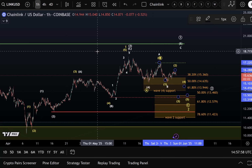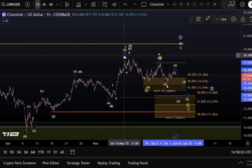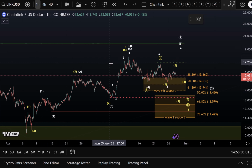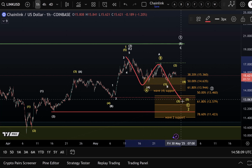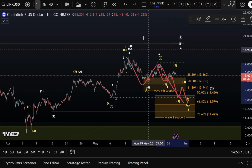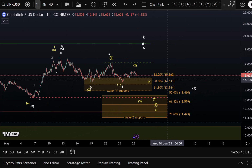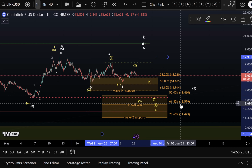We have seen a 5-wave move to the upside from the April low in the yellow scenario. And in this scenario, a larger wave 2 correction is at least probable, A, B, C, and the C wave being a potential 5-wave decline. I can just move it a little bit further to the right here. It's quite squashed. But overall,